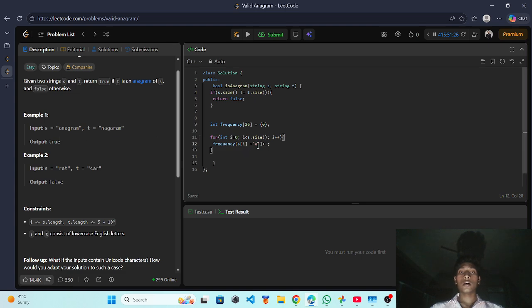So if the number of a characters in s is 3, then the count here will be 3.